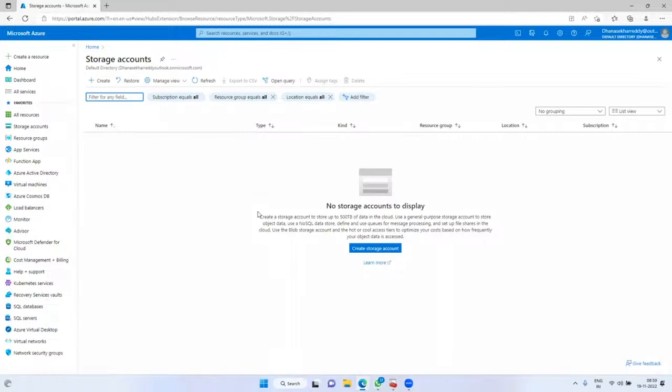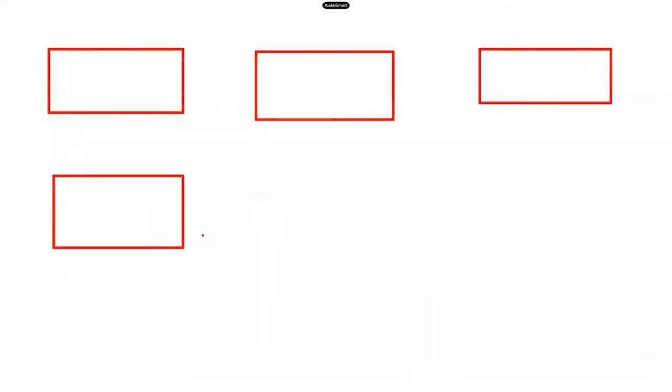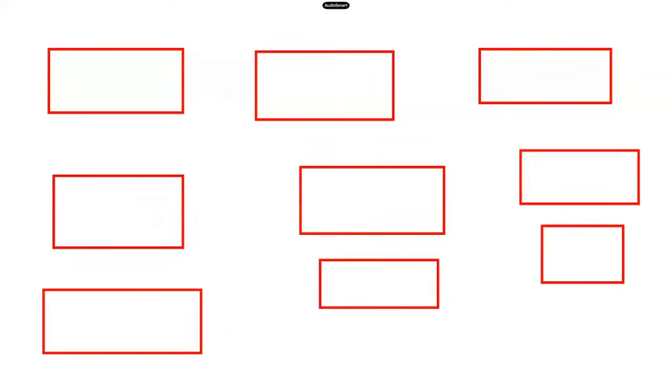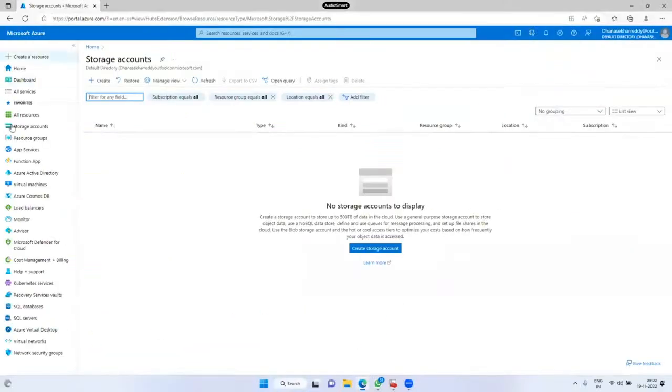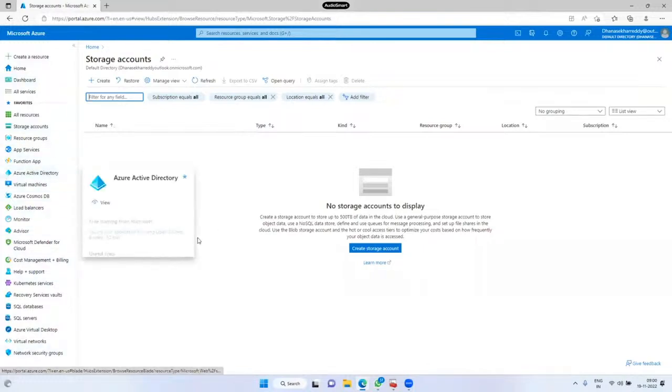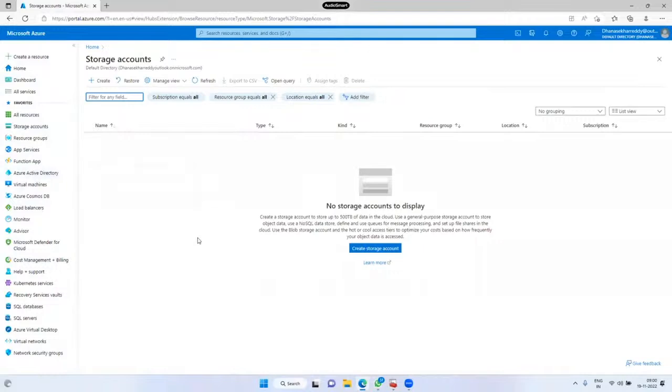If you go for AWS, the page would be in a grid format like this, so it is somewhat confusing. If you would like to create one VM, we have to go for networking. If you would like to create a storage account, we have to verify where it is, in the links. But here it is very simple; everything is on the left side. Whichever services are required, go ahead and host that service in Azure cloud computing. This is a wonderful feature which Microsoft has implemented.